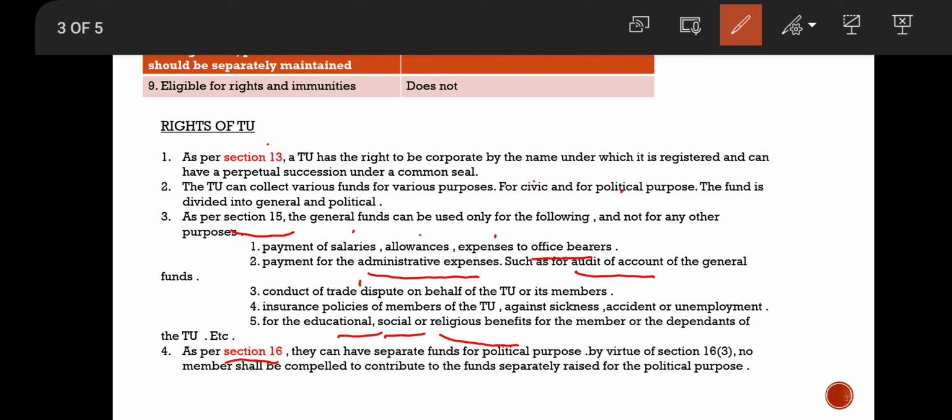And also with regard to the administrative expenses and for the payment of salaries, allowances and expenses to the office bearers, the funds are being taken from the general funds. Then moving on to the next section, that is section 16, that is they can also have this. So the trade union for their own benefit, so when the act was formulated, the legislative makers came to a